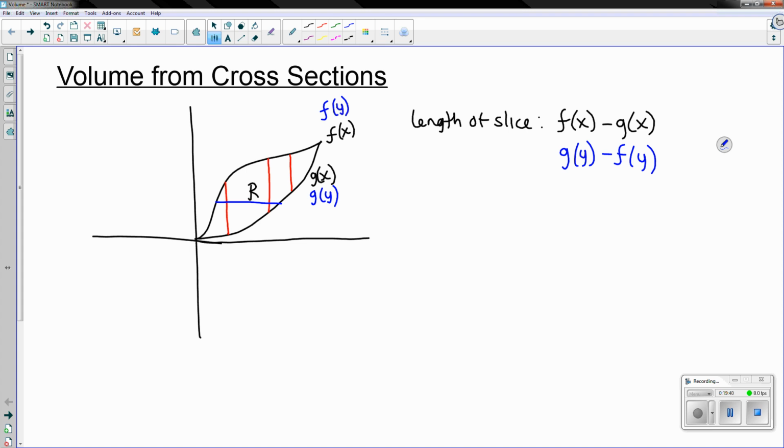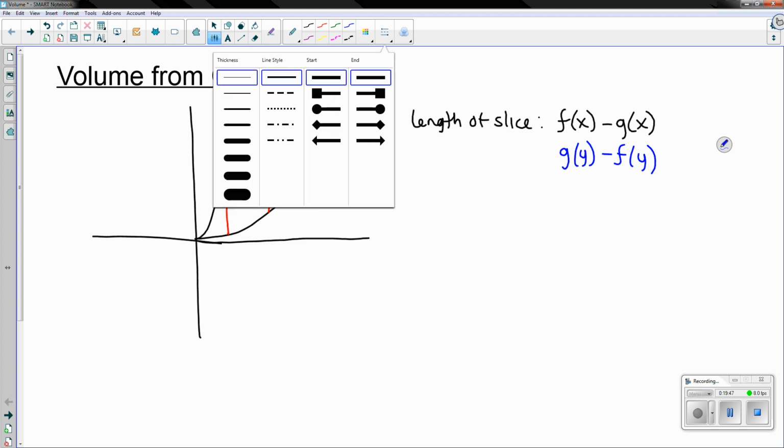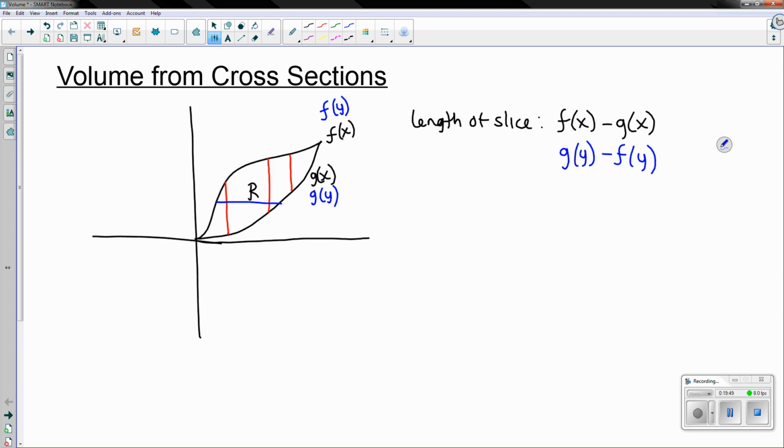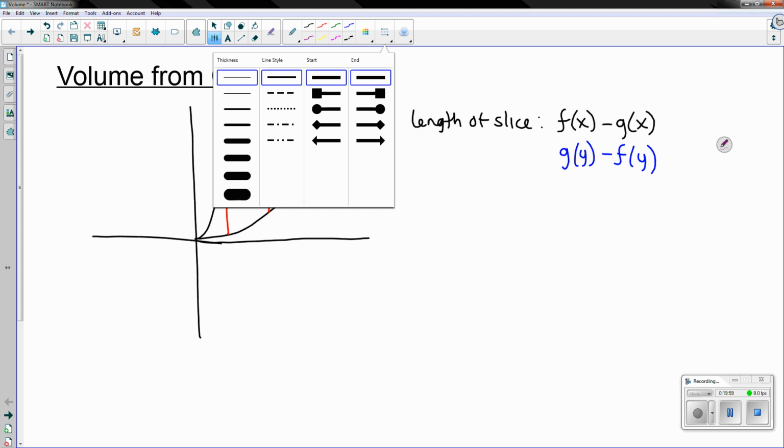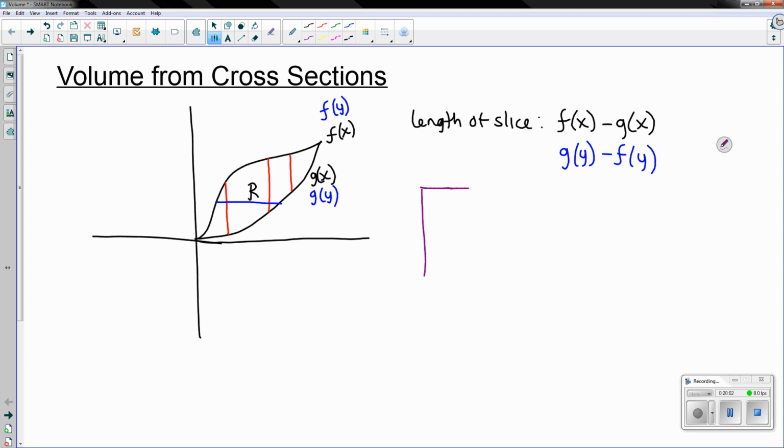Now, once we've determined what the length of that slice is, we must be able to identify what that represents on our shape. So a common suggestion is to draw whatever cross-sectional shape you are working with. So let's start with, let's say, the cross-sectional shape we're told is a square. So keeping in mind that we know we need to integrate, and we'll call this point A and this point over here B,